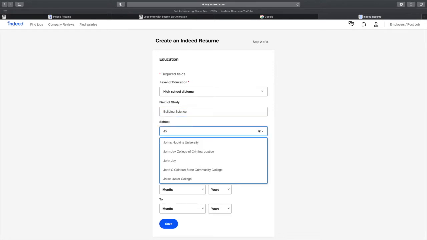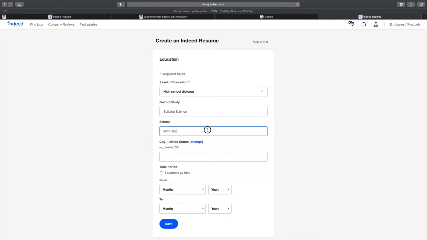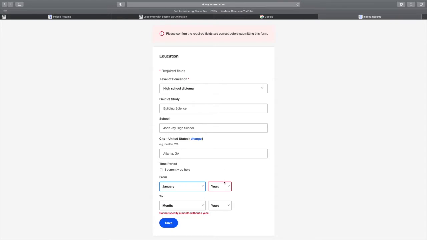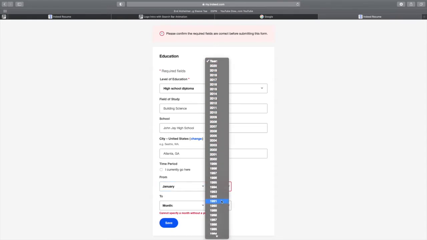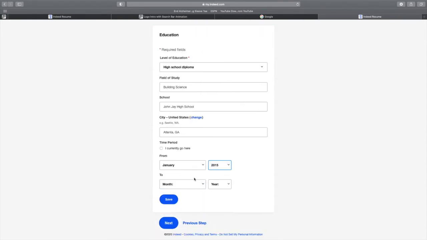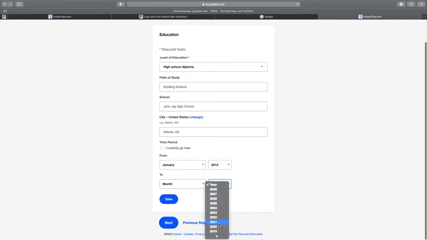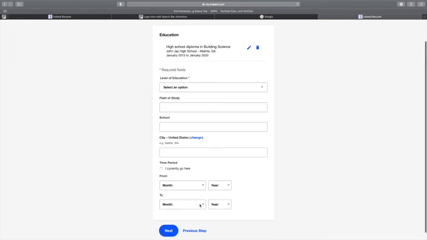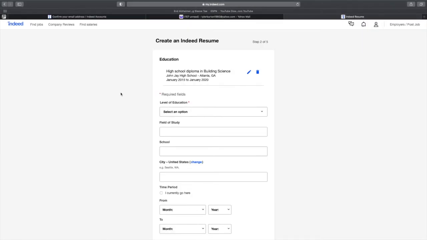School, John J. Just say high school. City, Atlanta again. Month, January 15, 20, January. Save. Next, you will see additional education, and this is where you put your college, or if you've attended